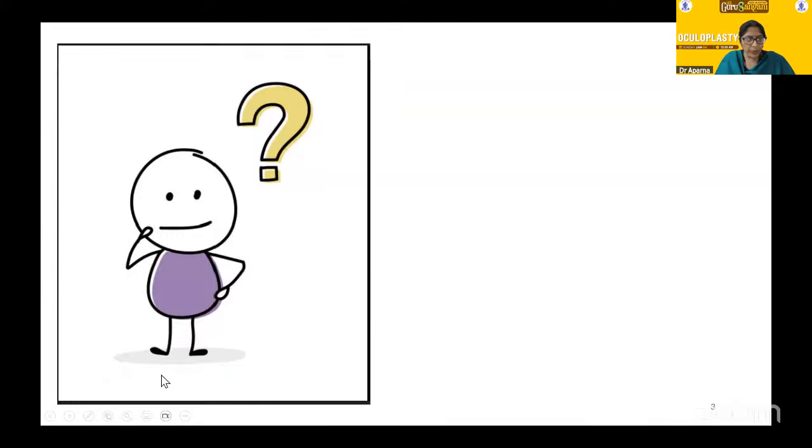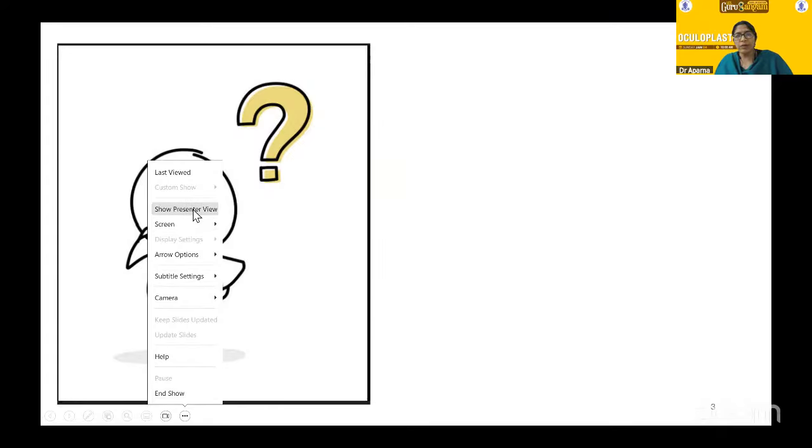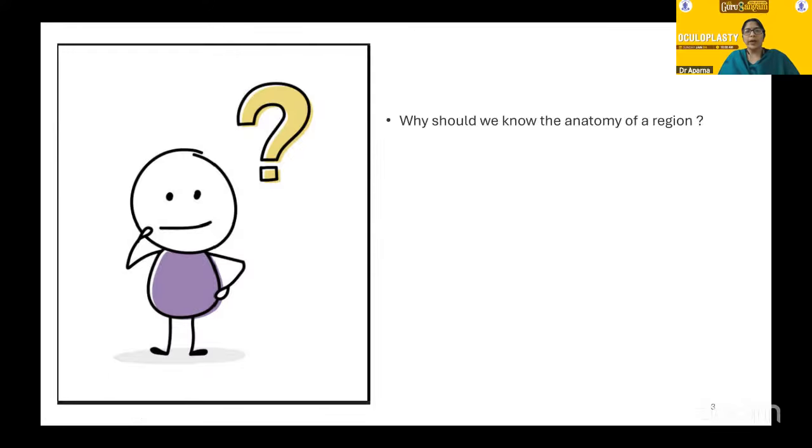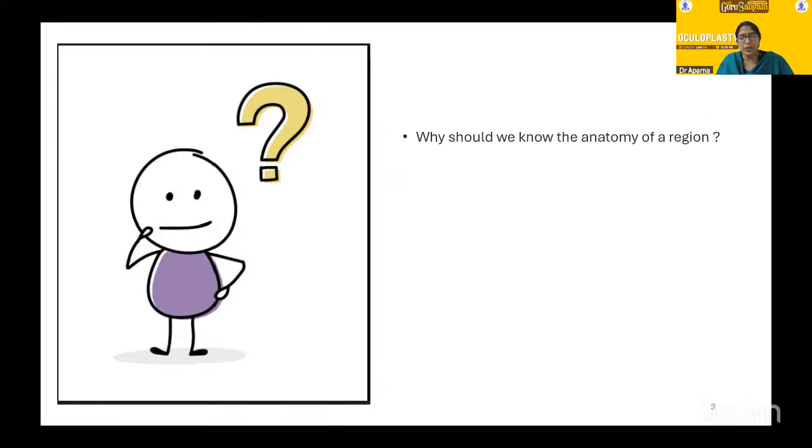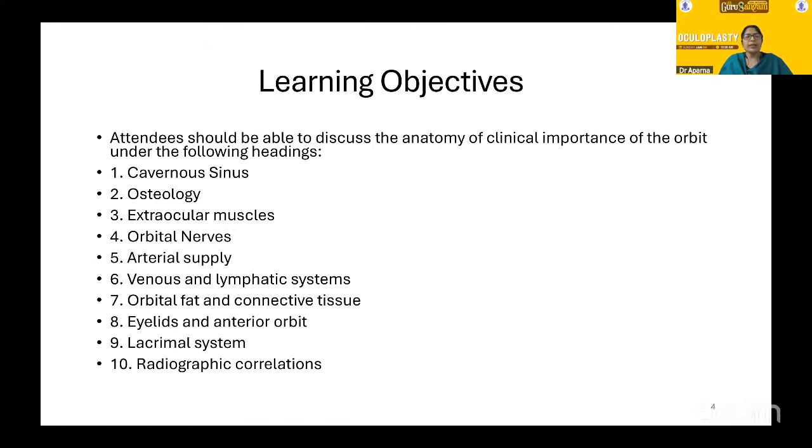So let us warm up to the topic and come to the question of why at all we are discussing this topic. Why should we know the anatomy of any region, for that matter? If the residents had been here, I would have conducted a small activity which we usually call brainstorming. But since we don't have many of the live residents over here, this would have set up the stage for the objectives. Whenever we are dealing with a topic, we should all have our own learning objectives. And the learning objectives of this session are, by the end of the session, the residents should be able to